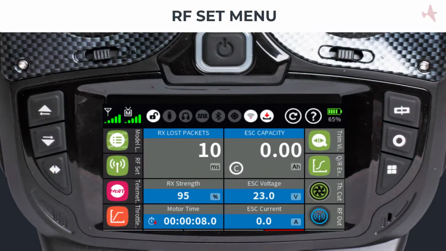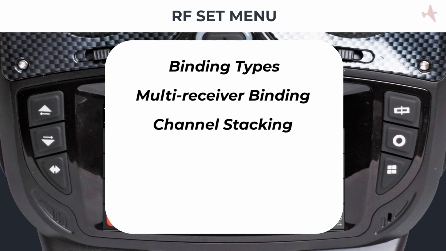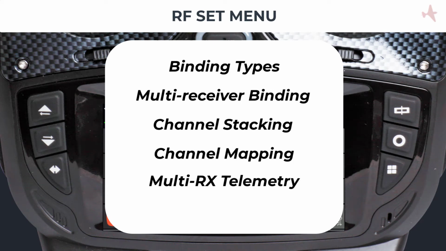Welcome to another Control Hobbies tutorial. In this video, we will be discussing the available options of the RF menu. We will be covering the following topics: binding types, multi-receiver binding, channel stacking, channel mapping, multi-receiver telemetry, and receiver telemetry